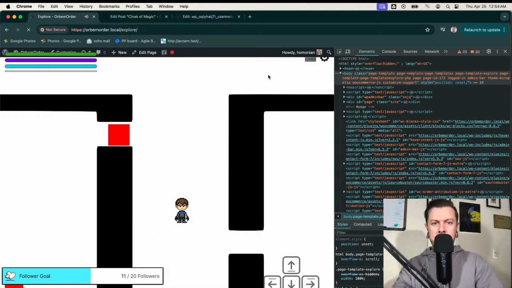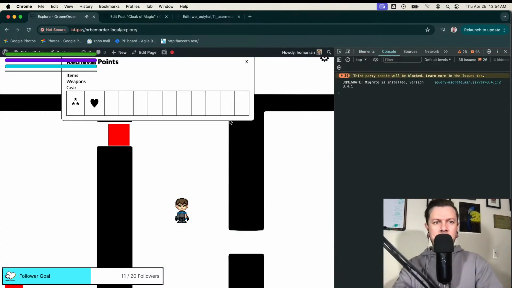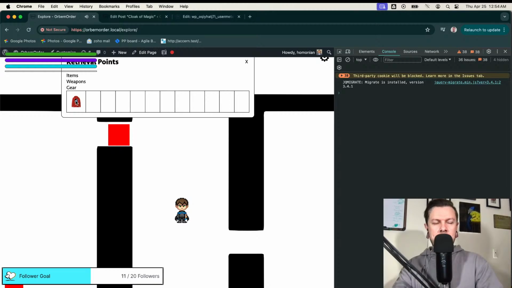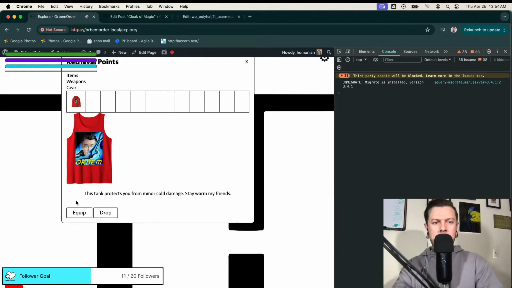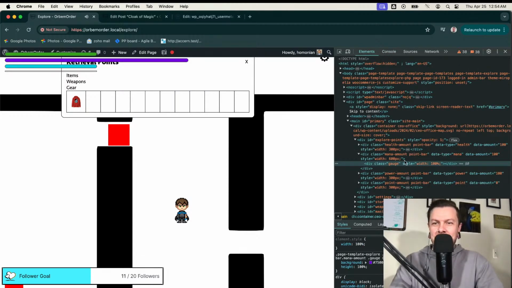Alright, we'll go into here, and let's check for console errors when I equip this. Here we go. What we should see is the little purple bar get bigger when I equip this. Okay, it worked. Worked a little too well. That was very interesting.